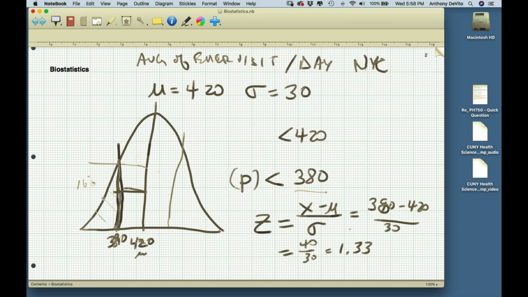So now, in order to figure out what this area is here, I can't use the empirical formula because it only works for whole numbers. It's an approximation, number one, and then it's only an approximation that you can use with whole numbers of standard deviations from the mean. Okay, so instead, I need to use some other mechanism.